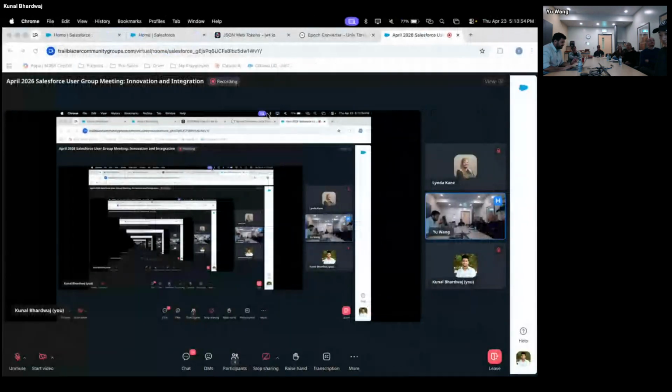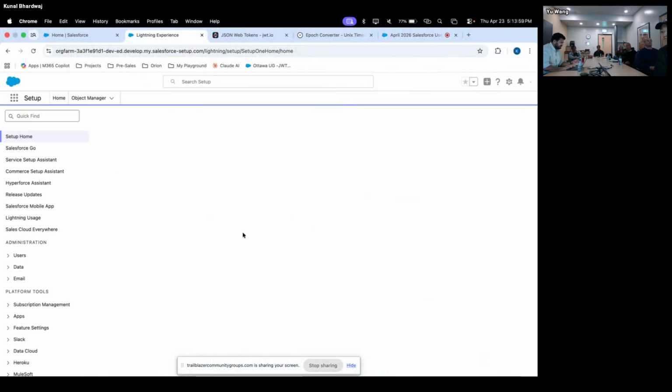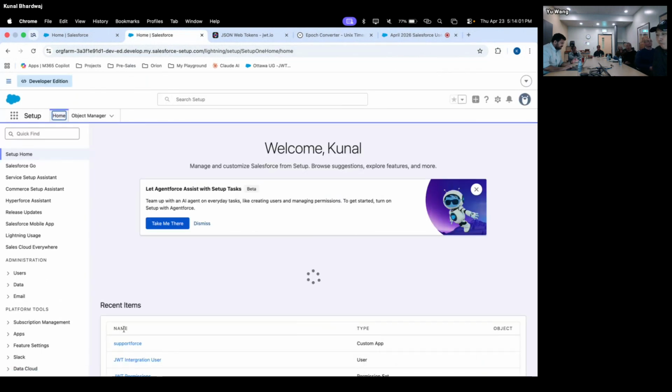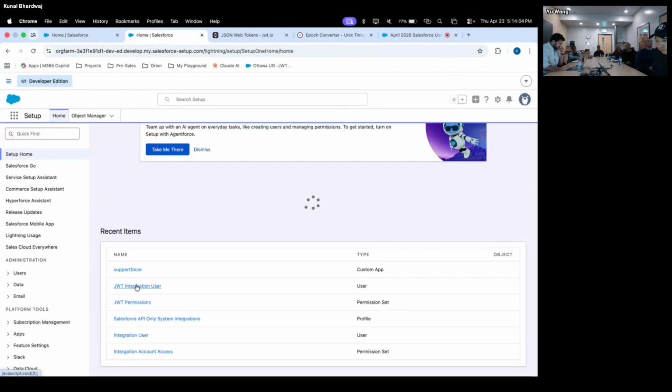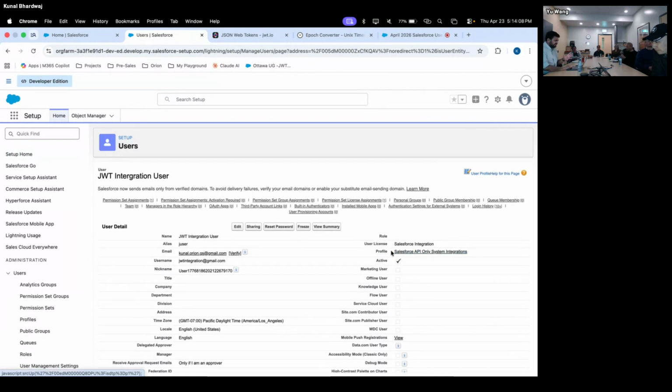Okay. Next step is we go into Salesforce. Just for the interest of time, I've already set up a user, and I'll show you what that user looks like. It's an integration user. I recently learned that Salesforce is becoming a little bit more finicky about how we can assign permission sets to specific profiles. What I learned was if you're setting up Salesforce API-only system integrations, you cannot assign any random sort of permission set